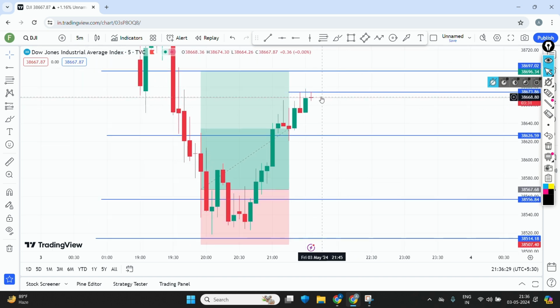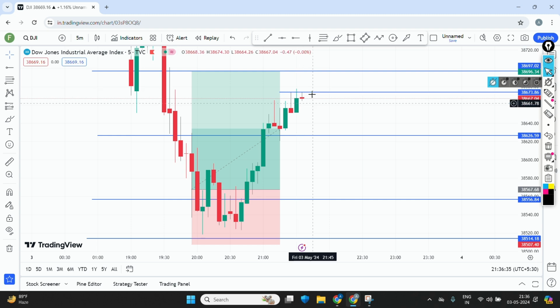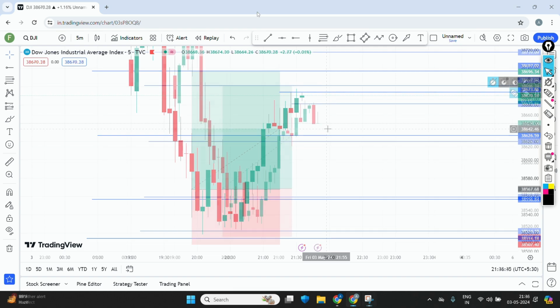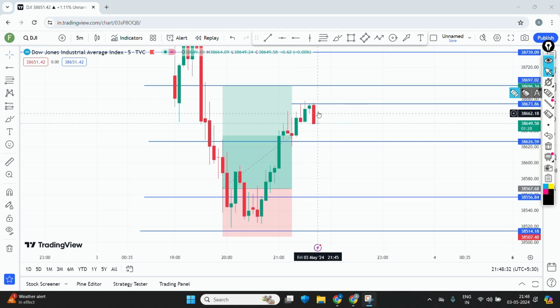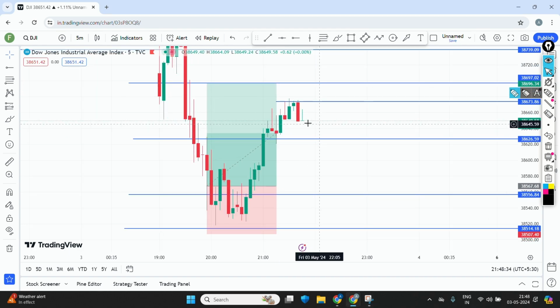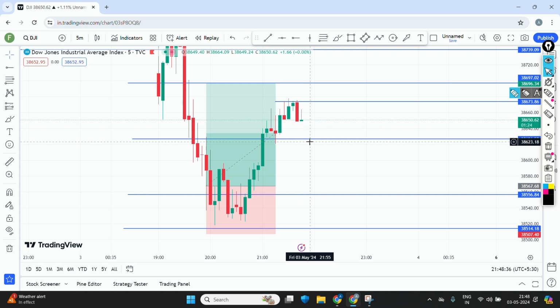Again, the market is consolidating here. If this candle closes below this candle, then we will exit. But this pattern shows you that it will go upside. Just see, you guys, what happens. The market closes below this level as we said. Okay, and the market now comes down.